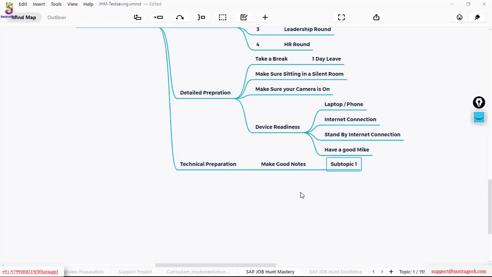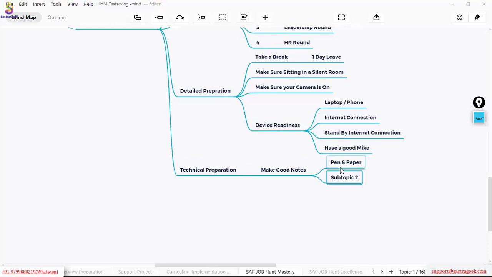So you can use the traditional method to prepare your notes with pen and paper. That's good work. You can have a notebook with you with a pen and paper. That's perfectly fine. You can also prepare your notes on an Excel sheet. Some people use an Excel sheet. It's easy to search on the Excel sheet quickly for one particular topic. So you can use an Excel sheet. One very good note tool is